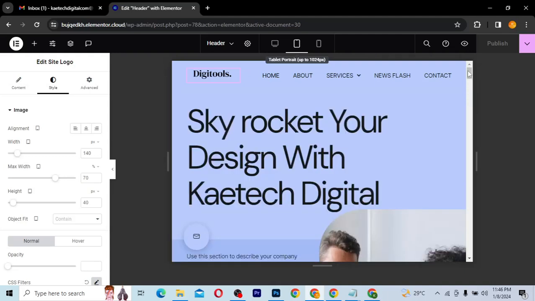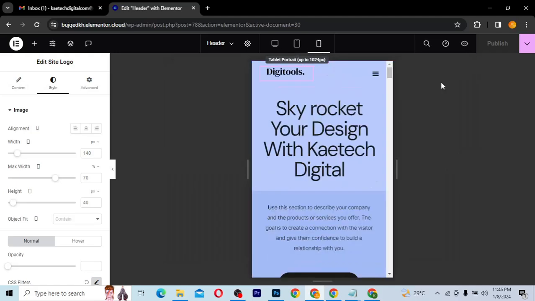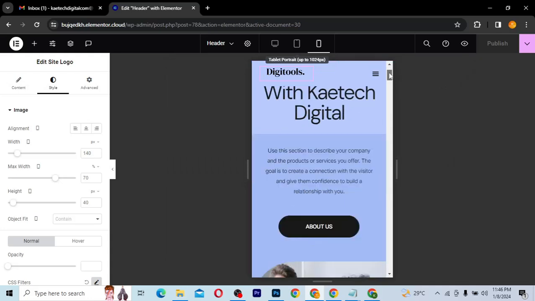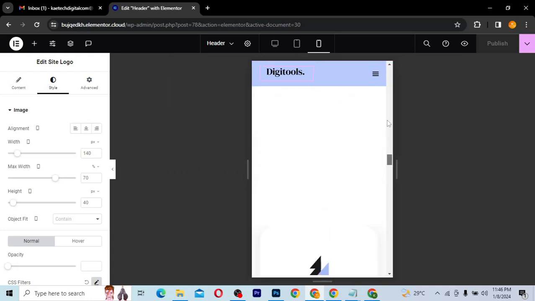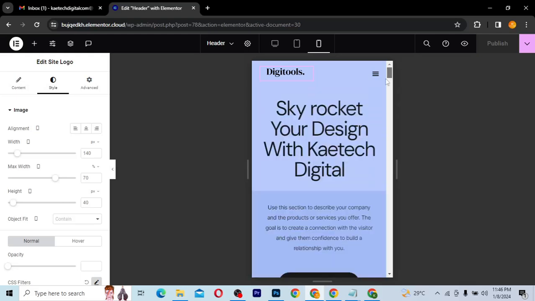So as you can see over here, we can also go ahead to see how it's going to look on a mobile view. So this is how it's going to look on a mobile view. So as you can see, very nicely designed over here. Okay, very responsive. Now I think everything is quite okay and I like the way the design is,